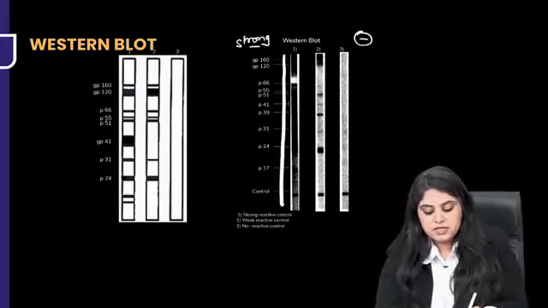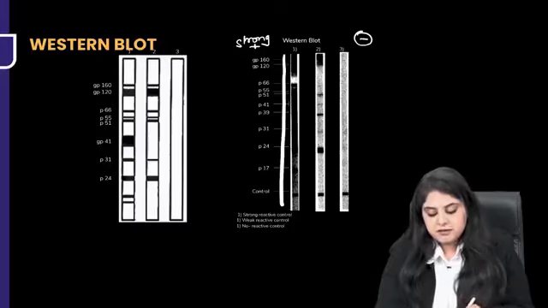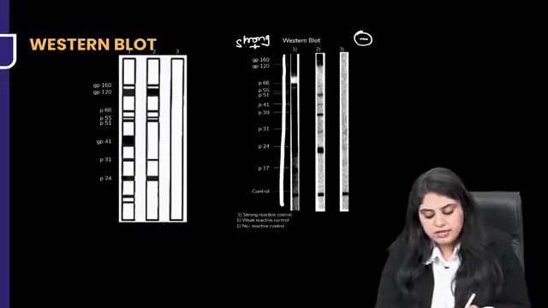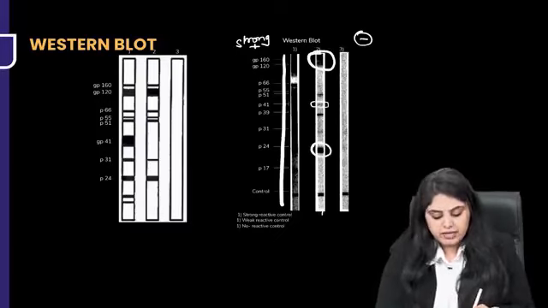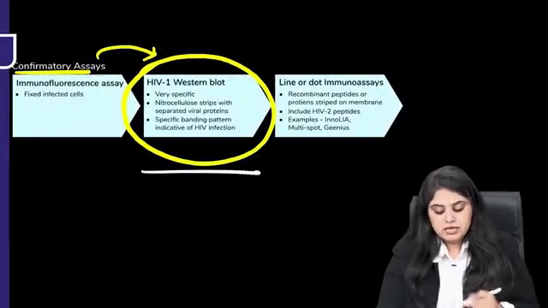strong positivity. The next one, if I see, 160 and 120 is coming. 41 is coming very, very weak. Then other molecules are coming like P24. So I can definitely say that this is also positive. So that is how we do the assessment of Western blot, and Western blot is said to be the confirmatory